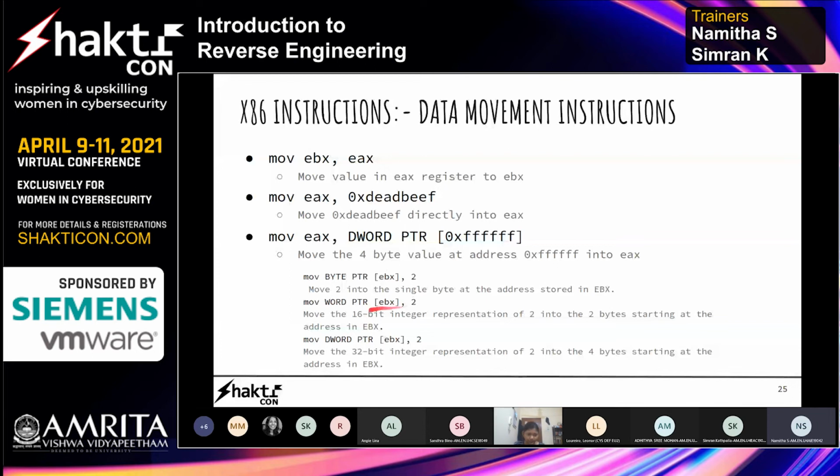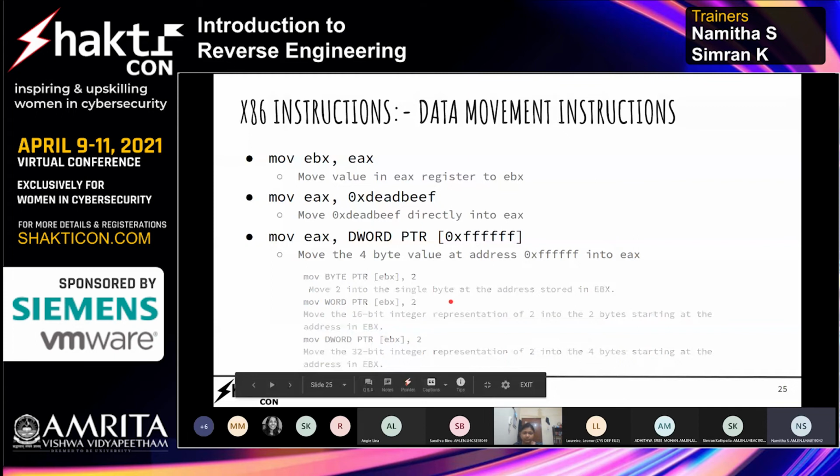It moves the 16-bit integer representation of 2, not just 2, into the 2 bytes starting at the address in EBX. The last one is dword PTR EBX, 2. Here the 32-bit integer representation of 2 is being moved into the 4 bytes starting at the address in EBX.